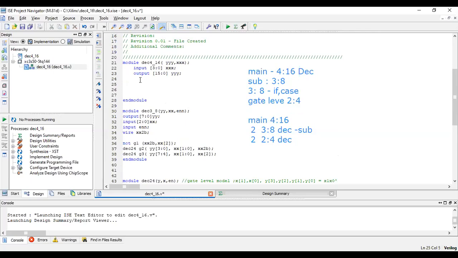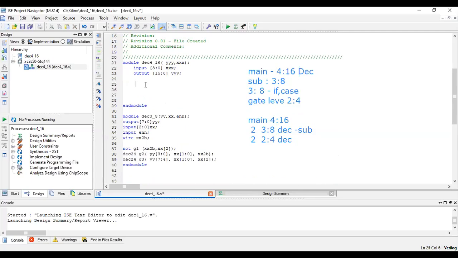Now what we have to do in the main module, we have to instantiate. So what we have to instantiate, we have to call decoder. Before that, we'll call a NOT gate. What is the input to the NOT gate? The input to the NOT gate is X of 3. And what is the output of the NOT gate? First we should write the output, then we have to write the input.